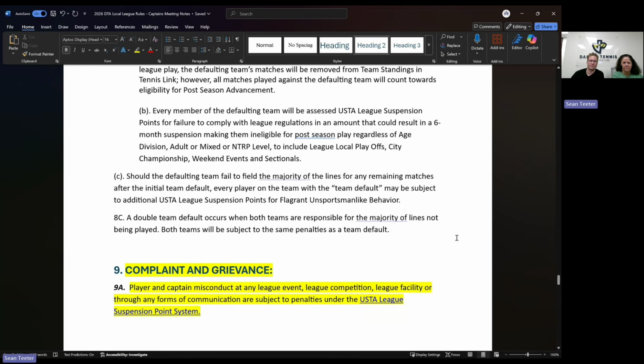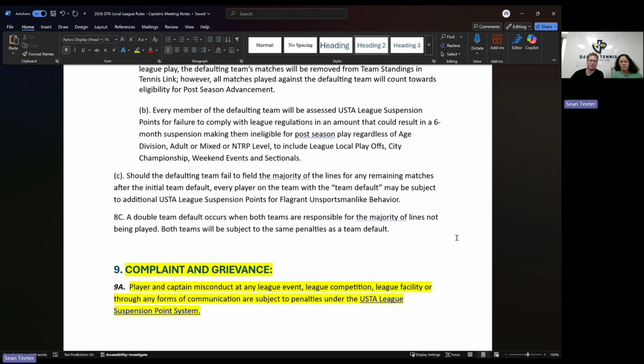Here we go. So the USTA has actually had this point suspension system for a while, but now they have asked local leagues to include it in our local regulations. And so here's a link to the USTA league suspension point system.